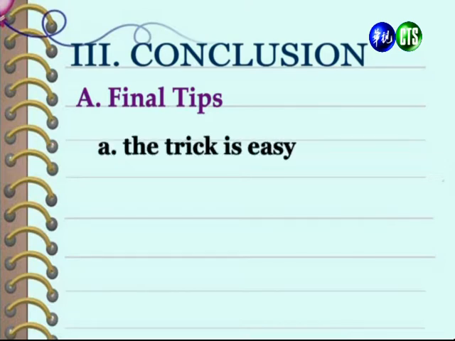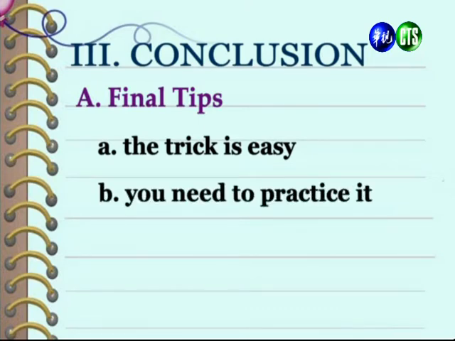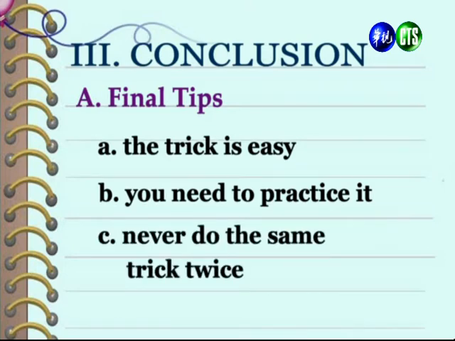And here are some pieces of advice that we can give. And our first piece of advice is the trick is easy. 好,那这边呢,以下我们来列出一些我们可以提供给读者的建议哦。那第一个建议呢,也就是说,其实这个魔术啊很简单。And the next piece of advice is that you need to practice this trick. 好,那接下来第二个我们可以提供的建议呢,则是读者呢,你必须要多多的练习哦。And the final piece of advice is never do the same trick twice. 好,最后一个建议呢,则是千万不要同样的魔术玩2次哦。